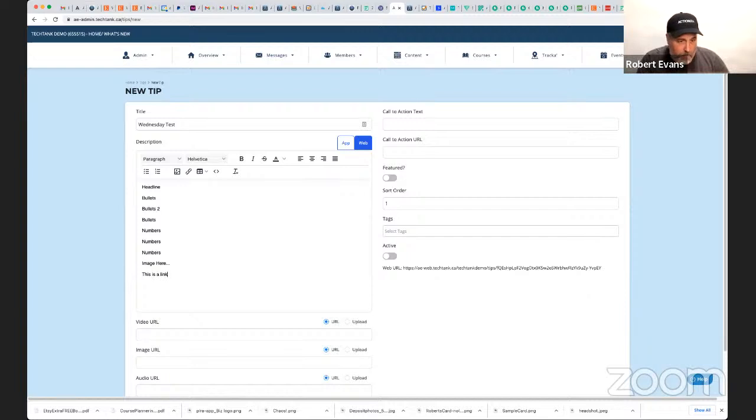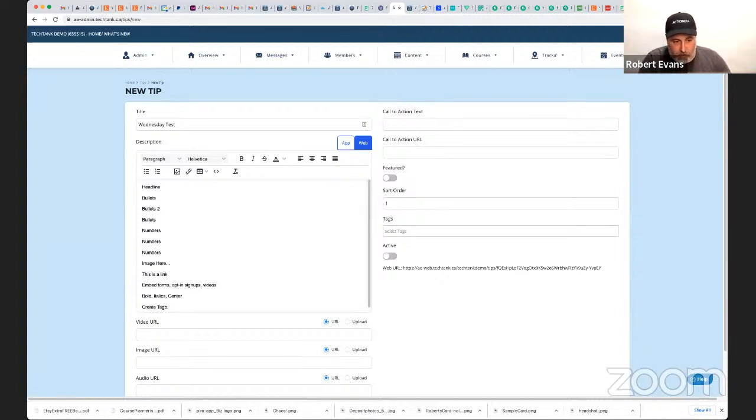You can embed, I'm not going to show you this tonight, but you can embed JavaScript code in here. So you can actually put in opt-in forms or forms in general. Anything that has embed, you can embed: forms, opt-in signups. You can embed videos from YouTube. So you can do all kinds of stuff on this one page. You can bold, italicize, center the stuff. And then the other thing, the thing that has changed since our last time, is that you can create